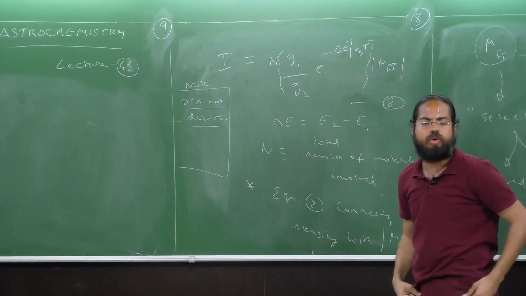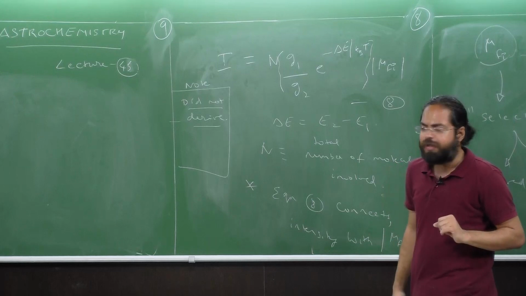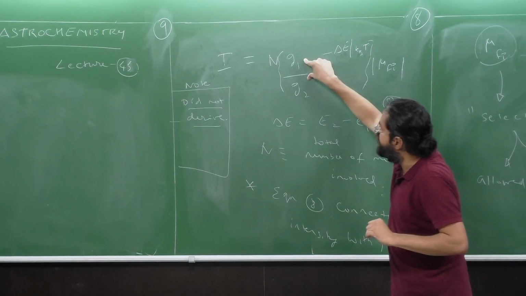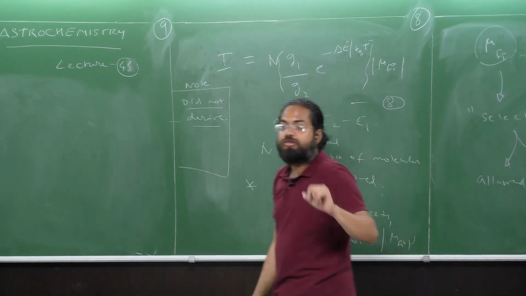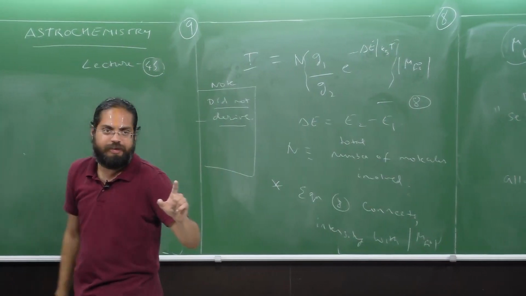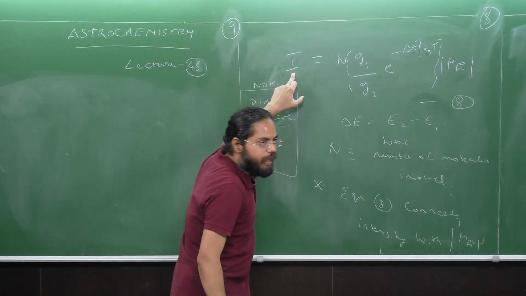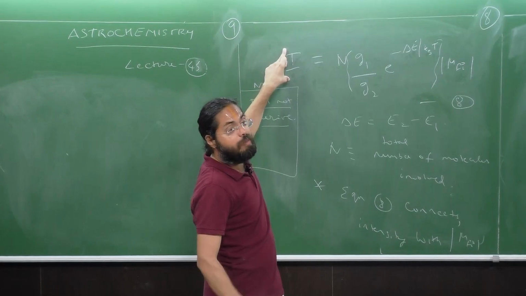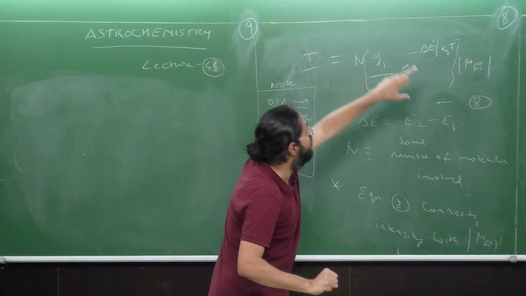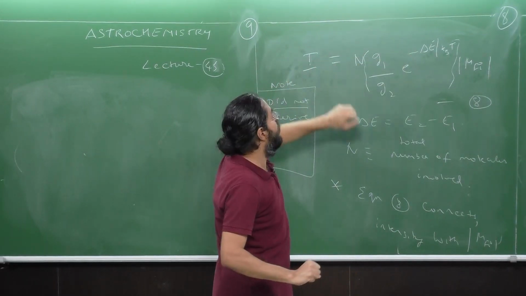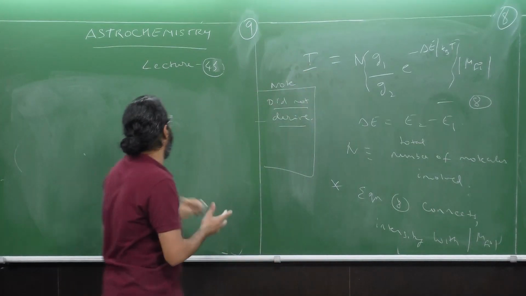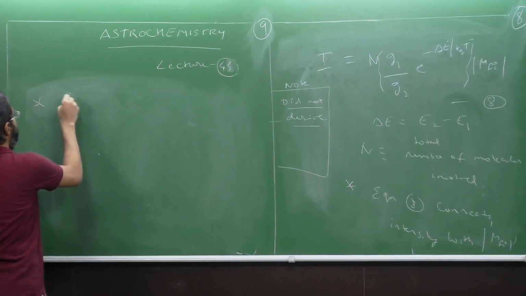G1 and G2 you get to know from quantum mechanics. And I is also something you can experimentally measure. Of course, this is a formula to calculate I, but I is also something you can experimentally measure. So using all this, what this equation tells you is that equation 8